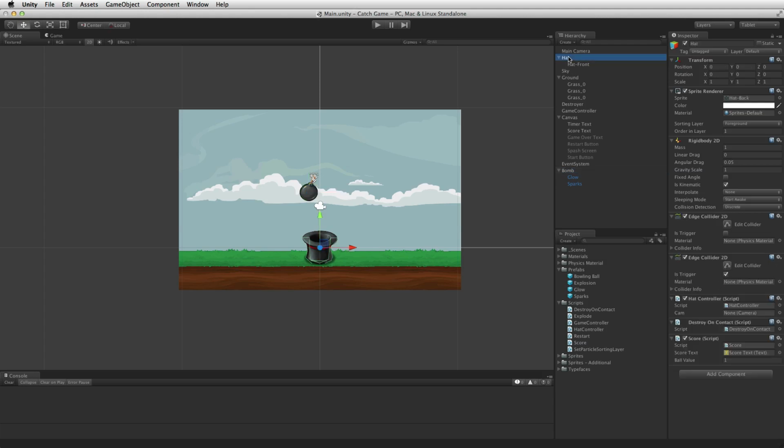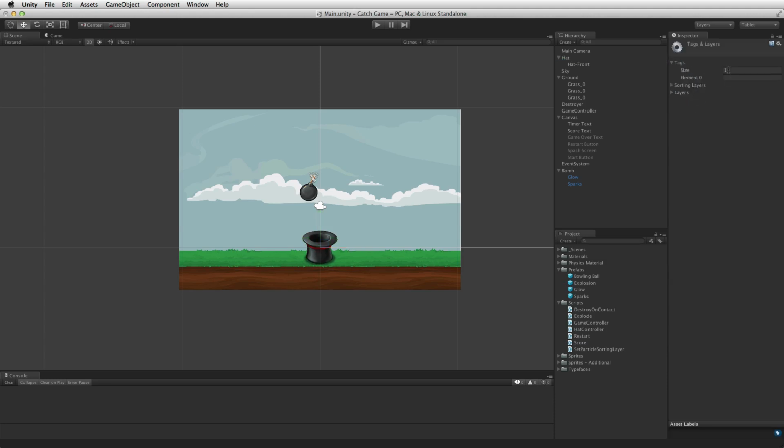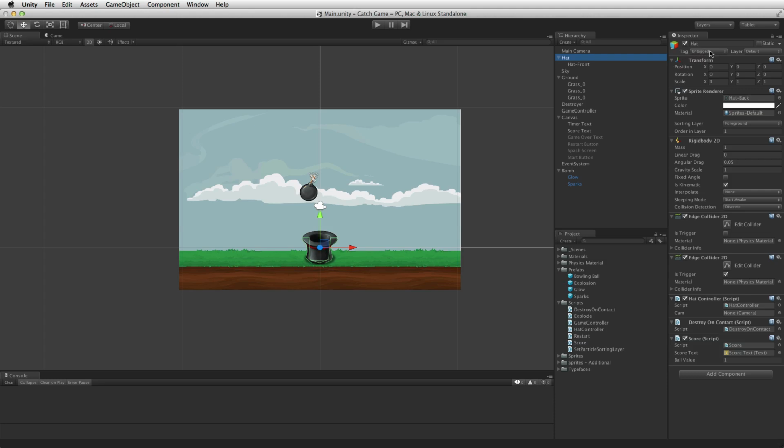So our hat needs to be tagged. There is no tag for hat right now, so we have to create a new tag. We go to add tag, and we add the tag of hat. Save this, and then come back to hat, and we can see that hat is still untagged. The first add tag takes us to the tags and layers window, and we can create a new tag called hat, but we still have to remember to come back and assign it. So now we can do that, save that, and